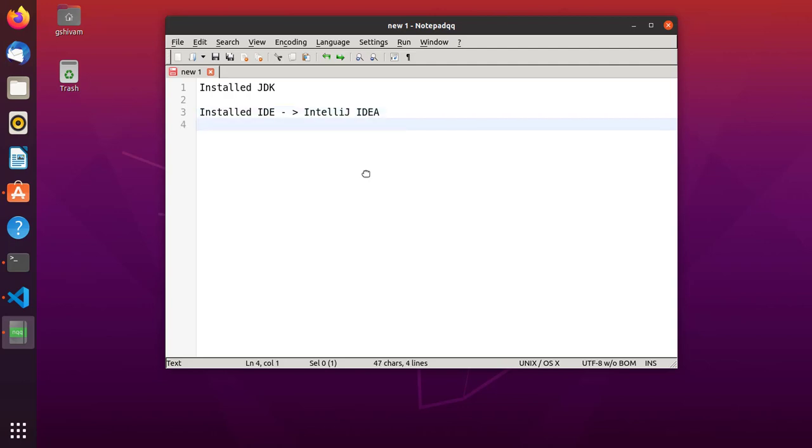Then we installed our text editors, like the Visual Code Editor, and also Notepad QQ.